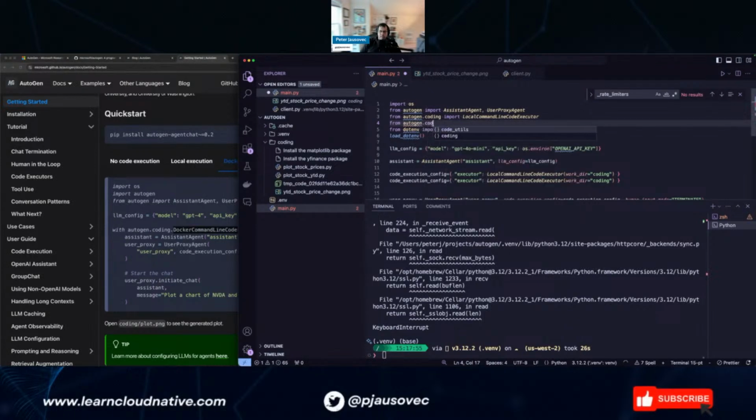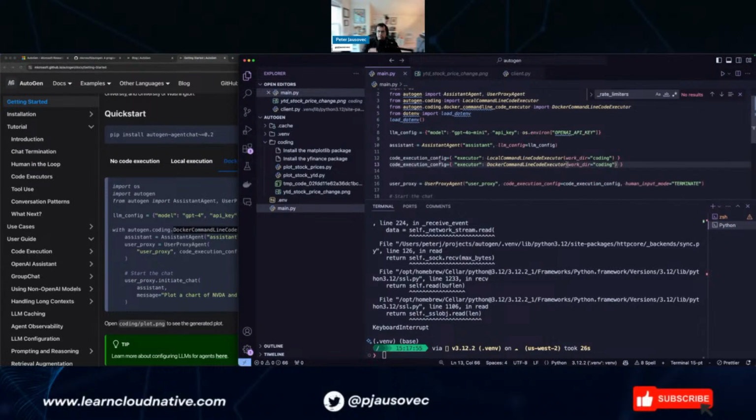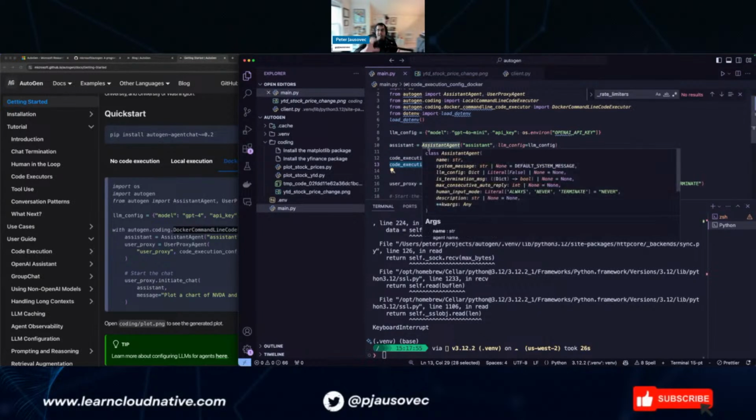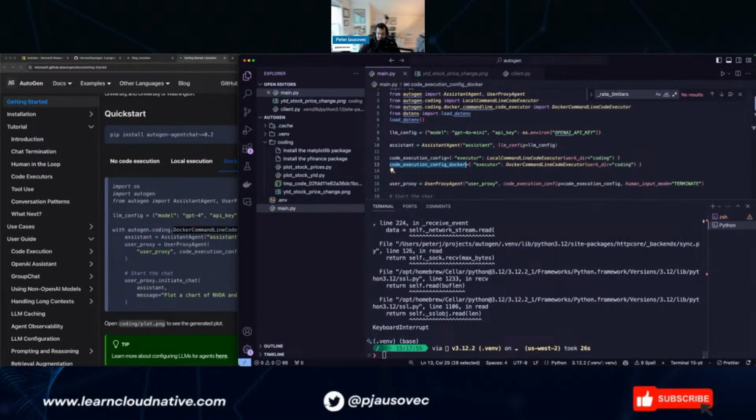Oh, why is it in a separate module? Anyway, let's do this one. What I'm curious about is whether this will just spin up a Docker container and run the code in there, or whether I have to run this main.py, the whole thing, inside a Docker container.